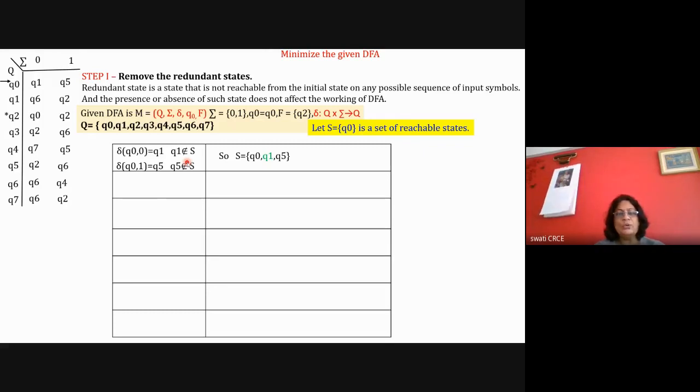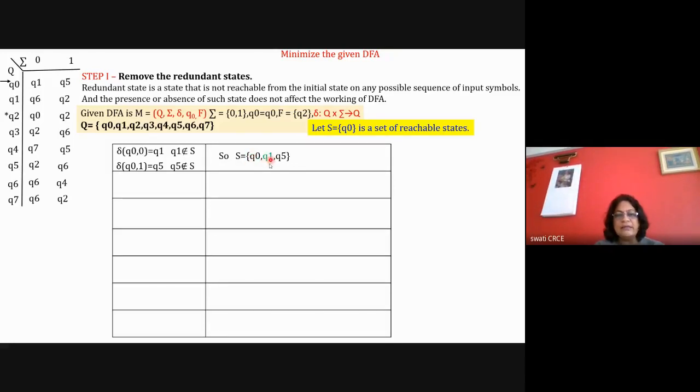Okay, so now I'll check that I have done the checking for Q0 from this set. So Q0 के लिए I have worked. So I'm going to consider the next state from this set. I'm not going in the sequence of the transition table. I'm going to select the states for checking from this set S. So my first checking is done Q0 के लिए.